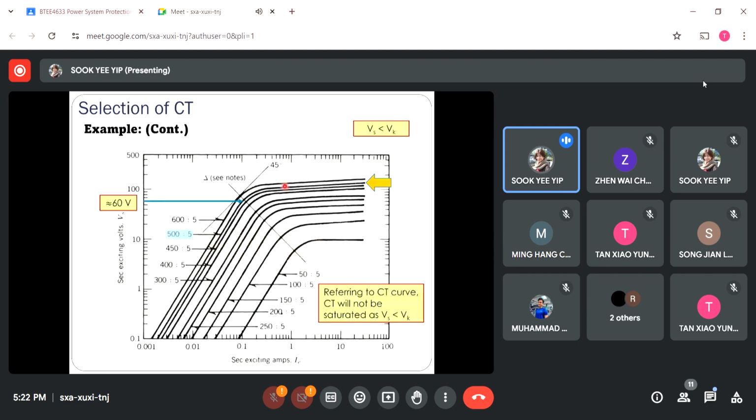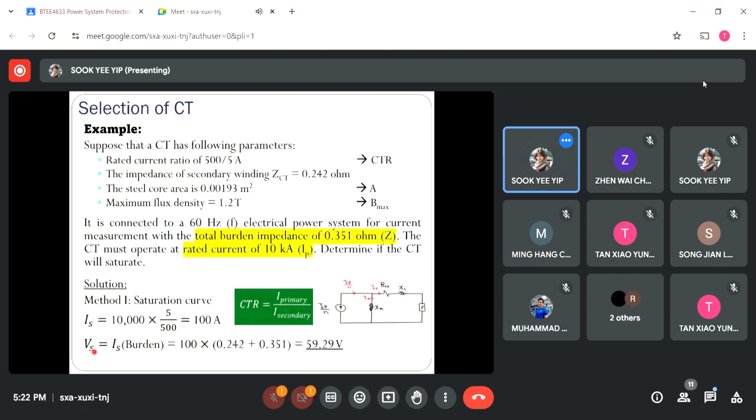So here I have 600 to 5. The second line is 500 to 5, which means that I have to refer to the second line here, and look for the midpoint voltage at this particular point. So just now I have found that with these situations, 10 kilo amp being measured by the current transformer, the